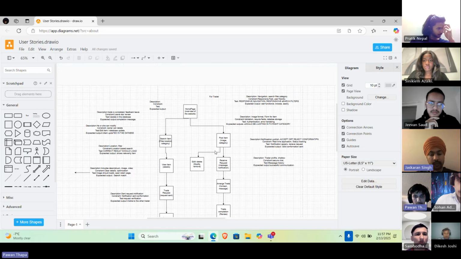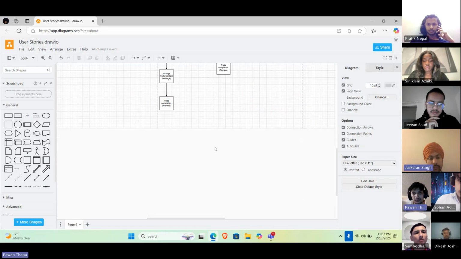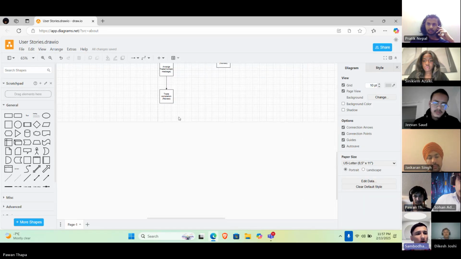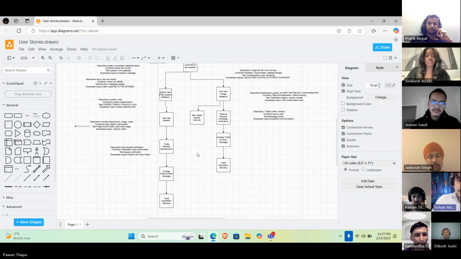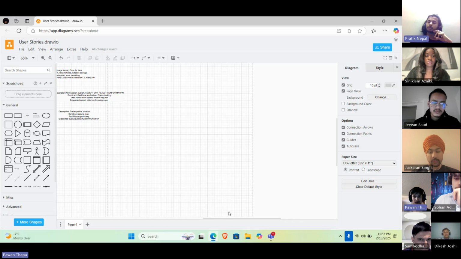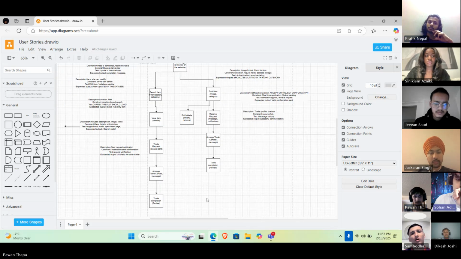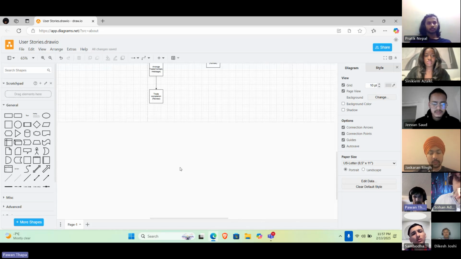Okay. Now we can move towards another user story. Donor, right? Donor. Yeah, okay. For that, after the post item, we can go with donor. We can have manage post. So how we can